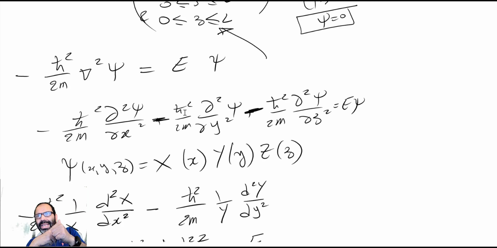So in that case, instead of nx, ny, and nz, we will still have 3 numbers, because it's a problem in 3D. We will have a number n, which is the primary quantum number, and then a number L, and a number mz. The reason we have to have them this way is that when we try to separate the differential equation in that case, and we're not going to do it because it's going to be too tedious and too long, there is a radial component to it,